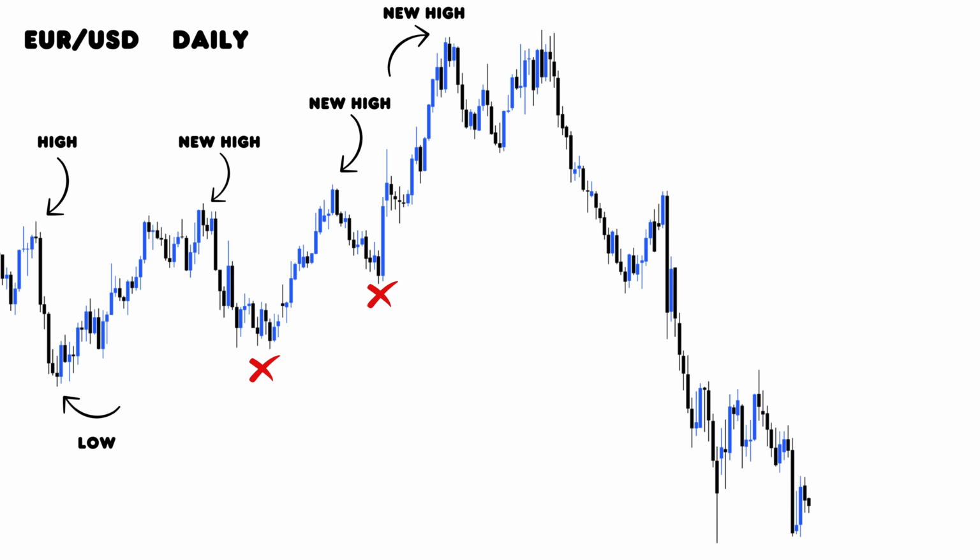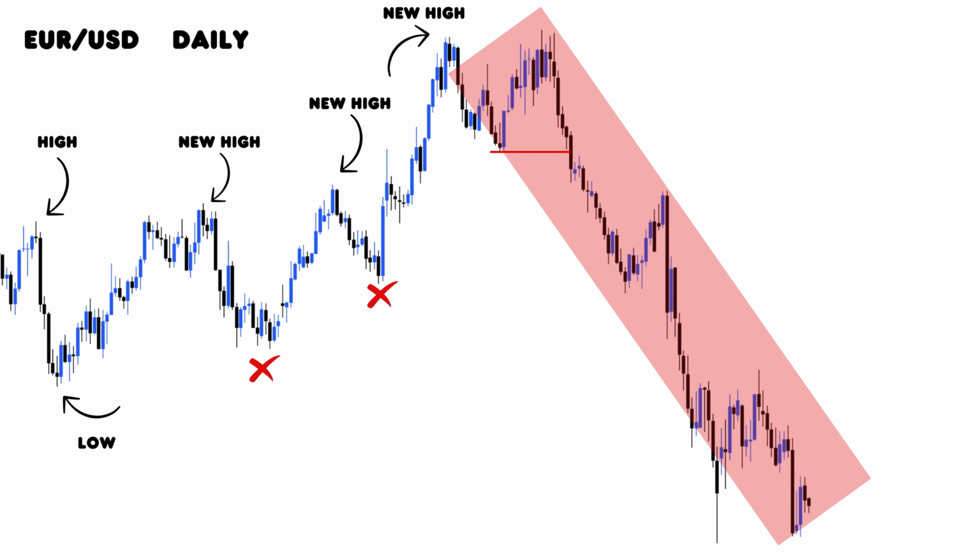Everything seemed to be going well up to this point. But then, what do we see? The price breaks the last low and starts to collapse rapidly, creating new lows and shifting into a downtrend. Since the price is dropping quickly and shows no signs of either an upward or sideways trend, our directional analysis for EUR-USD is undoubtedly bearish. This means that when we move to the medium time frame, MTF, we will focus on looking for sell opportunities, aligning with the trend. So, if we've identified a bearish direction on the higher time frame, let's now move to the MTF to continue our analysis.